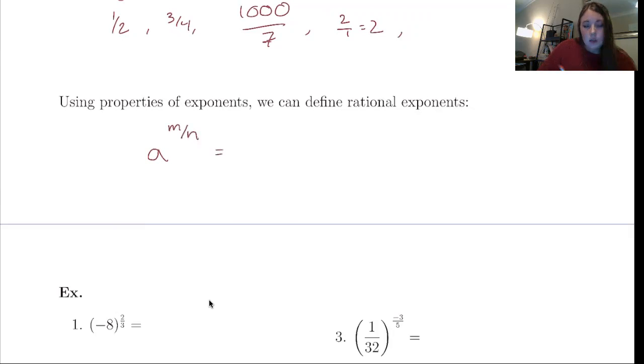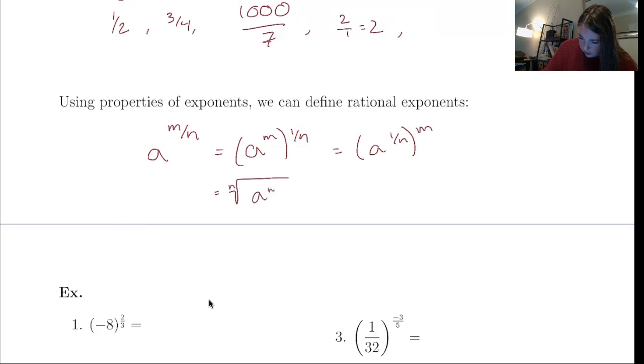Well, I can view that as a to the m, to the 1 over n, or I can think about it as a to the 1 over n raised to the m power. And then I can even use a root, so something like this, the a to the m, and that would be